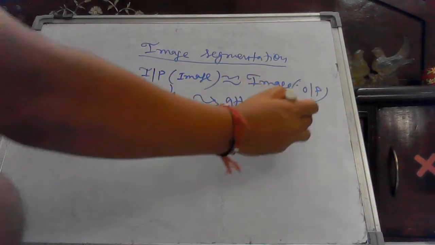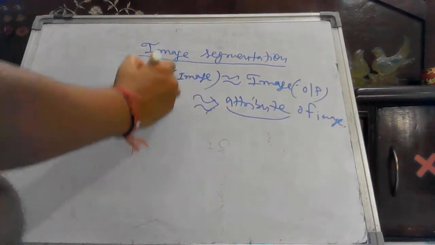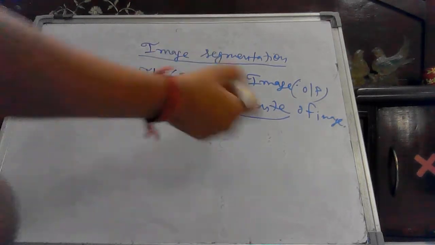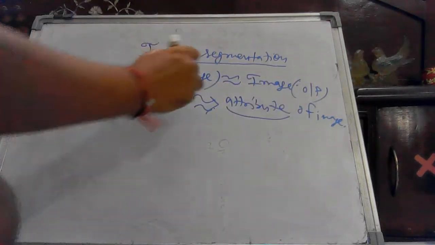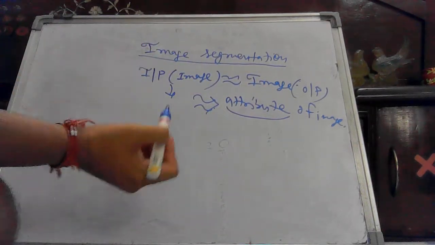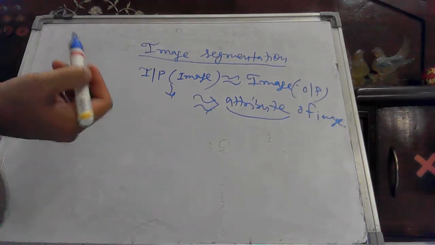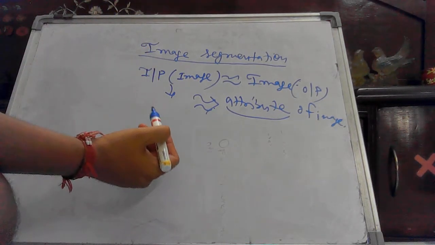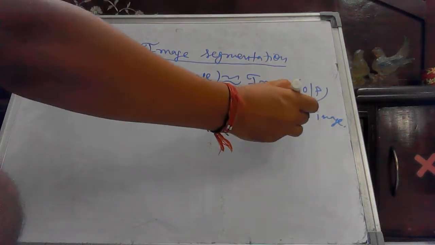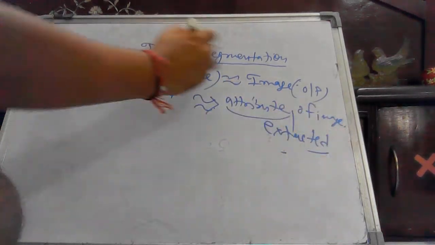So we are getting attributes of the image which have been taken out from the input based on our need to represent the image. Not directly an image, but attributes of the image, represented in the form of an image, which will represent a section of our image. So that is the one difference you should know. In image segmentation, inputs are images and outputs are attributes extracted from the image. Okay, so that is the first basic point.